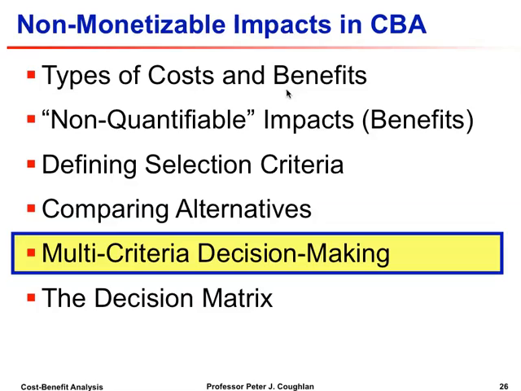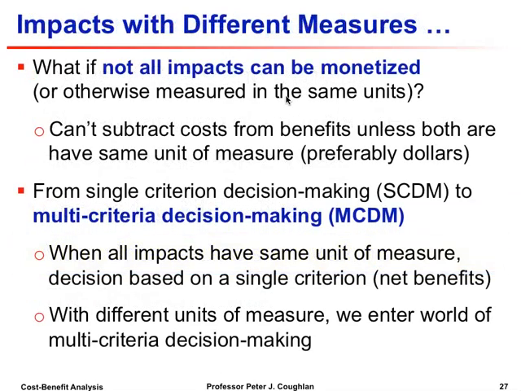And that gets us to this topic of multi-criteria decision making. What if not all impacts can be monetized or otherwise cannot be measured in the same units? Then we can't subtract costs from benefits unless both have the same unit of measure. We can't find net benefit, which is benefit minus cost. Well, we can't do benefit minus cost if benefit is measured in morale and cost is measured in dollars. So once you can't get everything in terms of dollars, or in terms of one common measure,